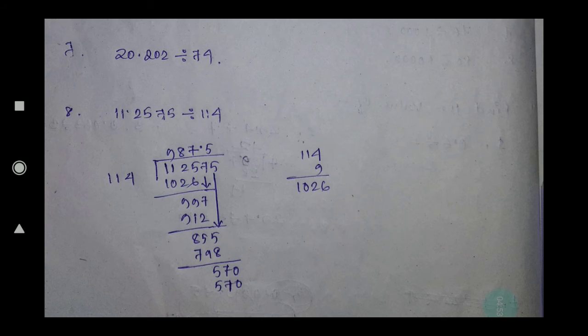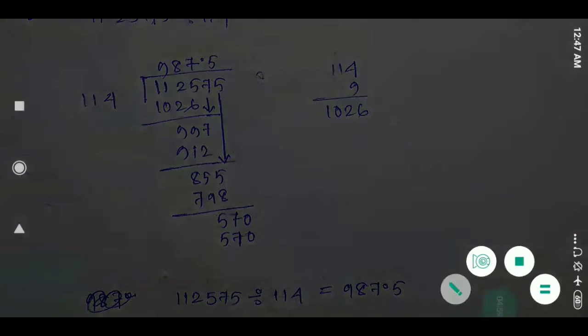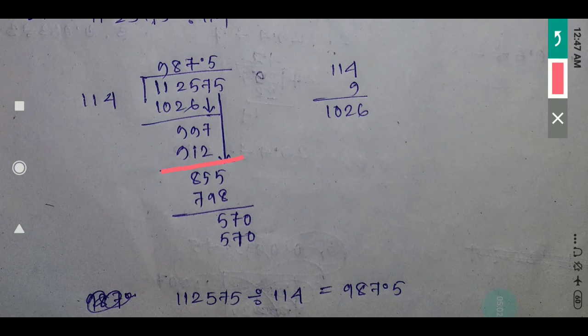See here, 912, if you multiply 114 with 8. While doing the subtraction you have got 85, here 114, that means it is smaller. Again this 5 from the dividend I will take, so I will get 855. So this one I have divided by 114, by how much will it go? 7 I have taken, so 7 times will be 798. Subtraction you will get 57. Okay, but here 114 and here 57, so this number is smaller.